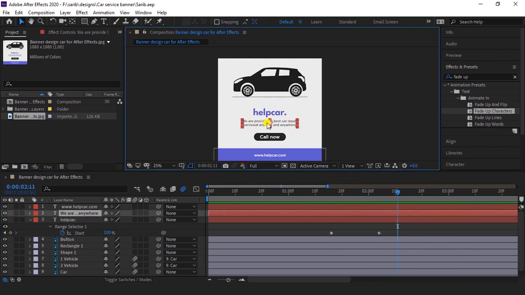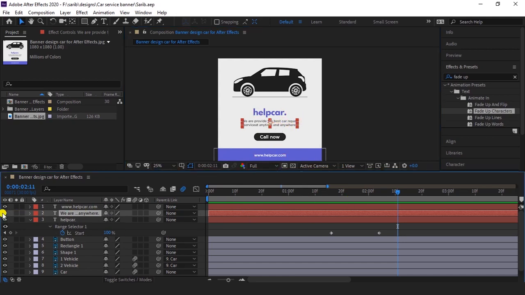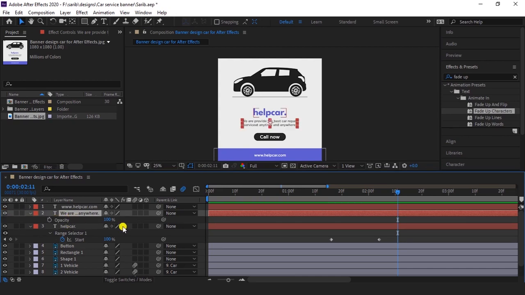Now we have to animate this one. So I will give a simple animation on it. So select this layer and press T for opacity. If I decrease opacity, this will be hide. This is not visible. So we will animate like this. So press Ctrl Z and